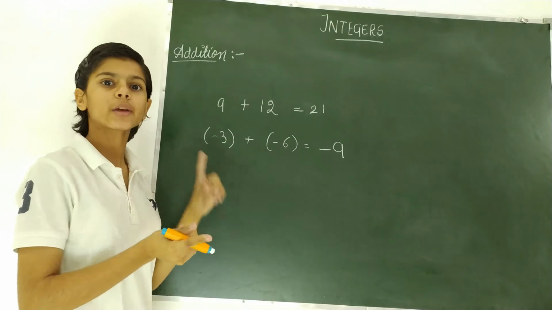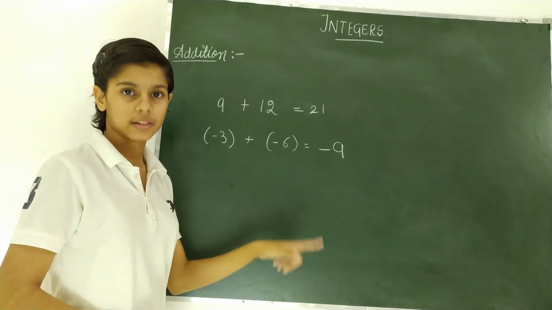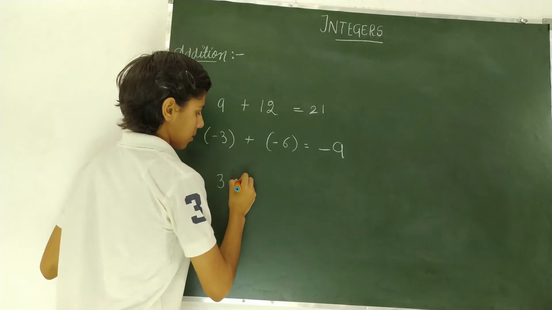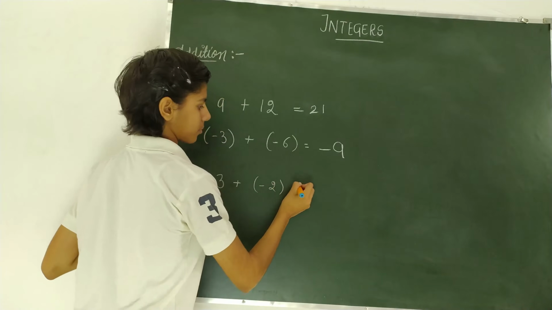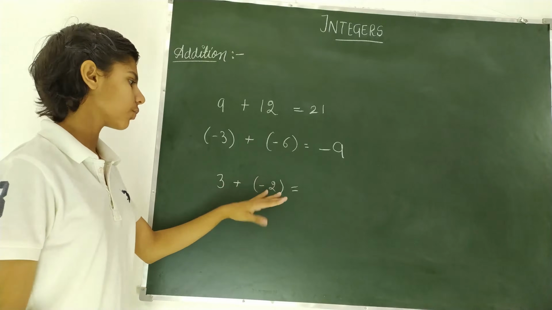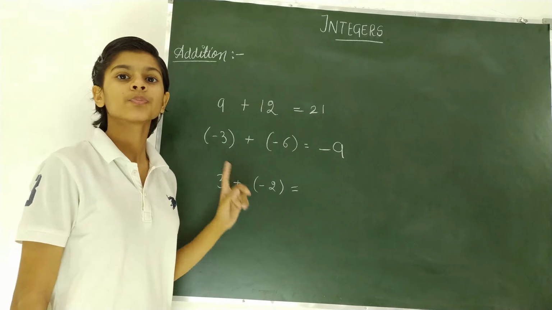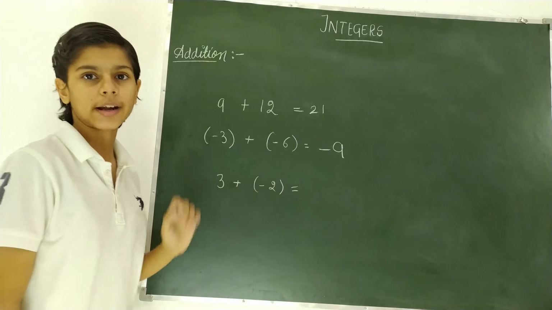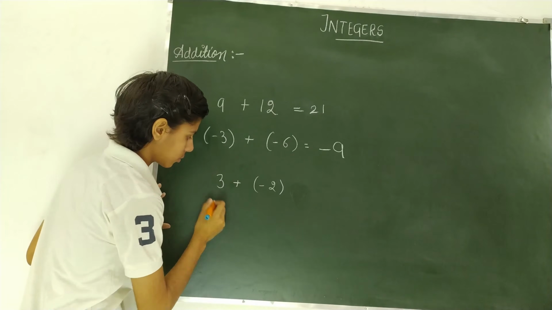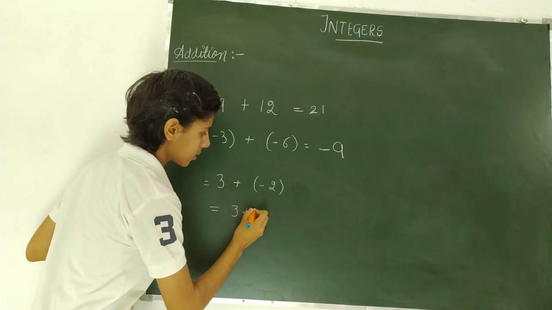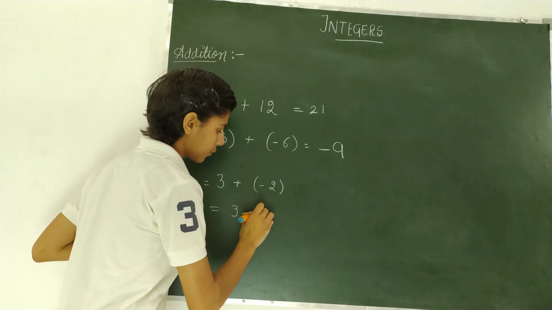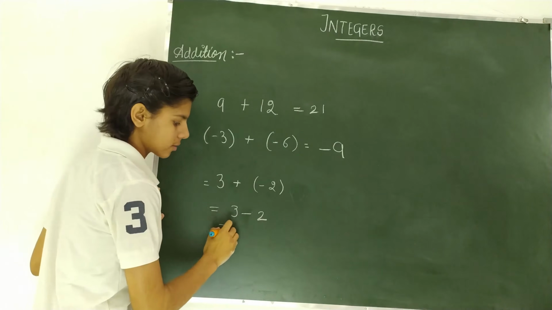Third one is, if you are adding 1 positive integer to the 1 negative integer. For example, 3 plus minus 2. As you know that if outside the bracket plus sign is there or addition sign is there, the sign of the bracket will remain same. So what will happen here? 3 plus, here outside the bracket plus is there. So it will remain same and you will write -2 and we will get the answer 1.